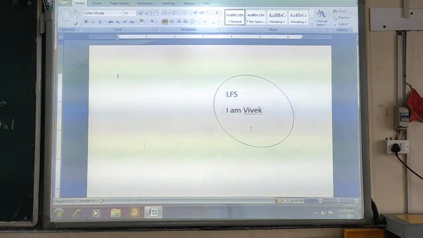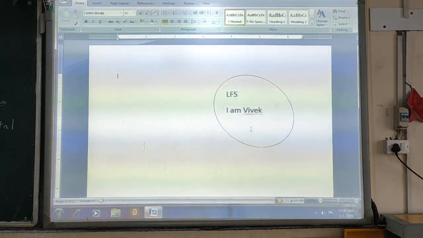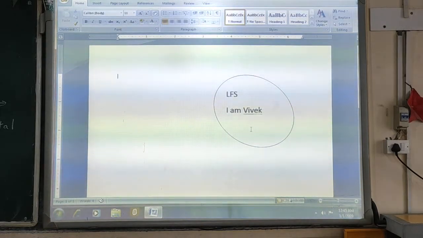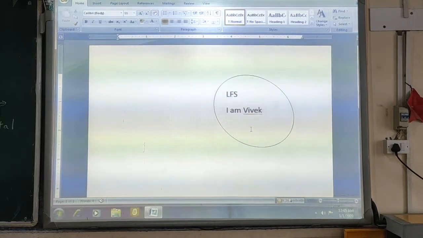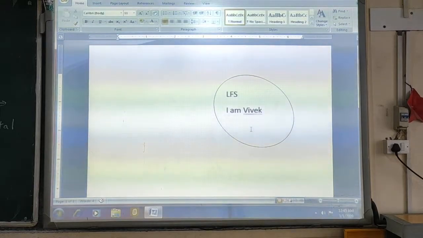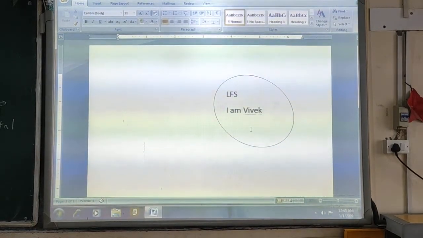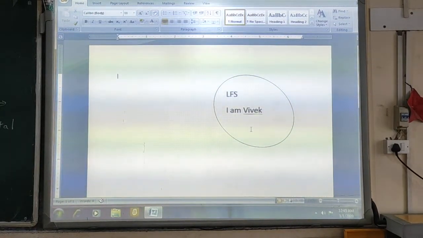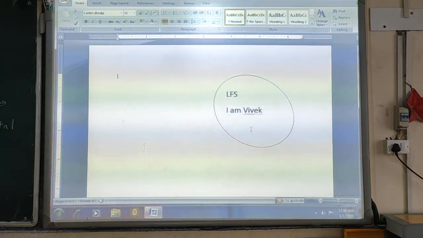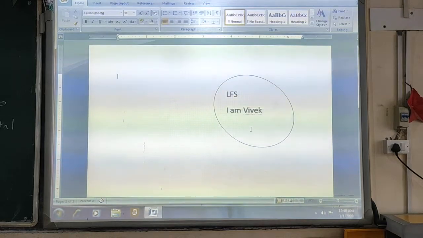So some of the options are placed differently, like the border and shading effect. In Microsoft Office 2013, the border and shading effect is present within the design tab. But as I am using the older version because it is easily available to everyone, instead of the design tab, all the options are available within the page layout option.